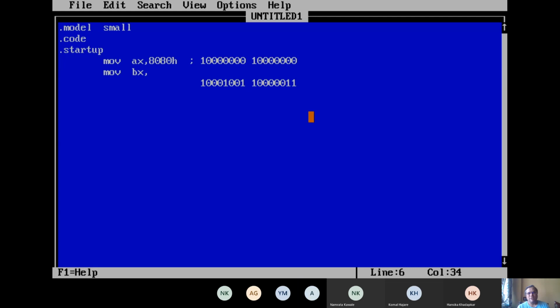Even parity, sir. Even parity. But in our case, this will not set the parity flag. Why? This is what I wanted to make clear to you all, that this 16-bit number has even parity, but